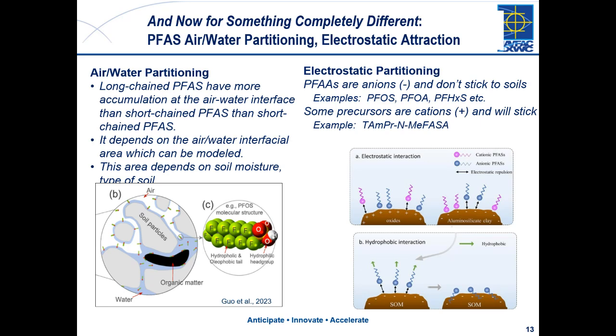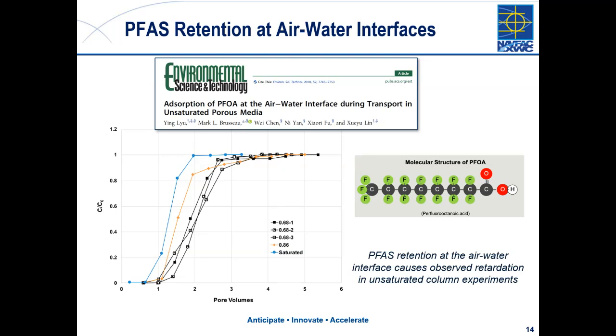You want to go through that panel and then drift into slide 14? Mm-hmm. Yeah, so the basic chemistry of it is these perfluorinated tails that are associated with PFAS are very hydrophobic. They don't want to stay in the water, so they will align at the air-water interface. Unsaturated soils can have a very high air-water interfacial area, and for PFAS, that's another accumulation mechanism, just like the soil.